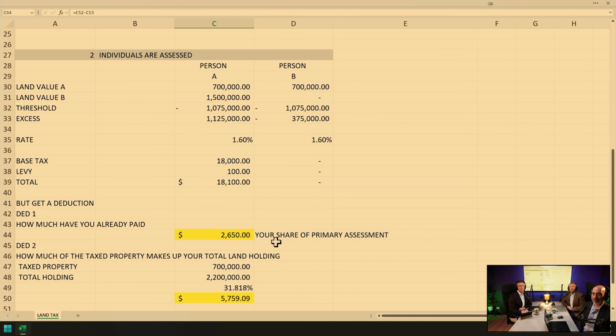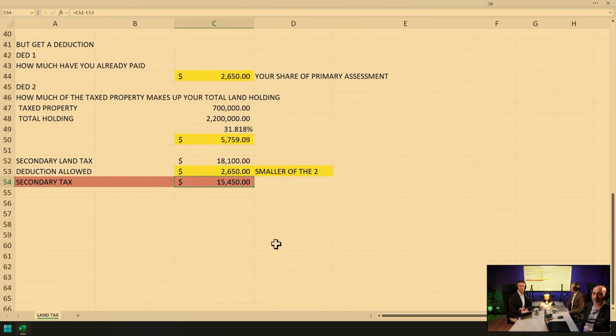Okay. So they just like to do the sting. They do. And they give it two options, and those percentages move wildly depending on what other property you've got, the value of the other properties. And that's it. But they always work out which one gives the smaller deduction, and they claim it's to say that you're not being double taxed. In my opinion, maybe person A is not being double taxed, but in this case, person B has actually paid land tax on something that on their own would just be under the threshold.